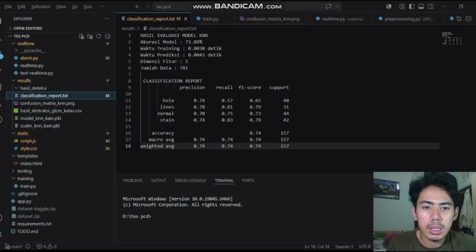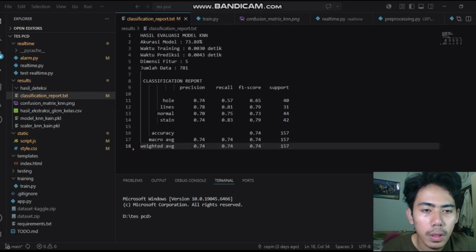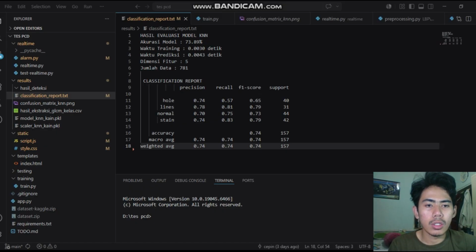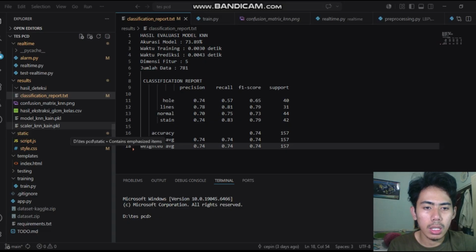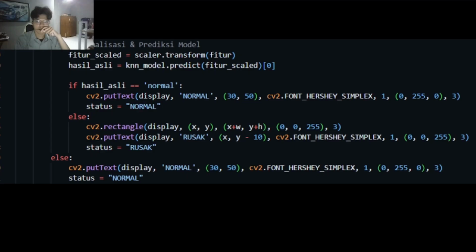And the GLCM method achieved an accuracy of 73.89% with a weighted average F1 score of 0.74. The training process also produced two PKL files, the KNN model and the normalization scaler, for real-time webcam detection.